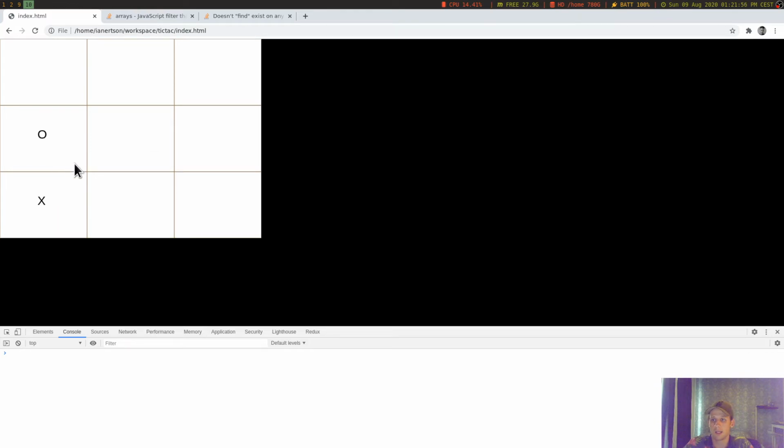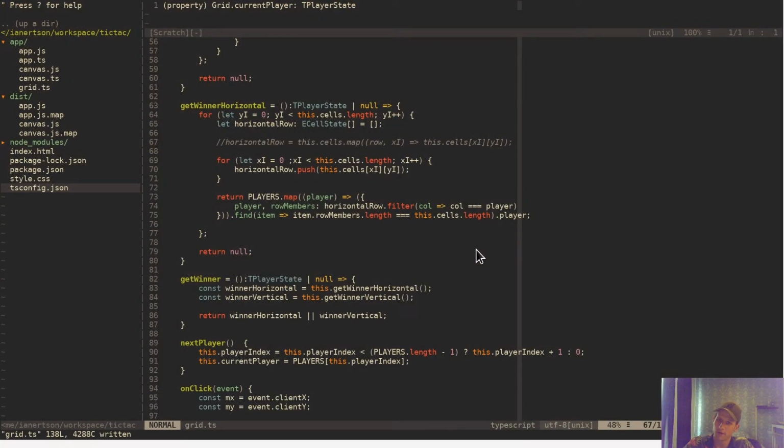So I cannot. Is the problem that it's only the second player that can win now or something? No, it seems to only be working from the first row for some reason. So why is that? Return players dot map. Oh, we need to do